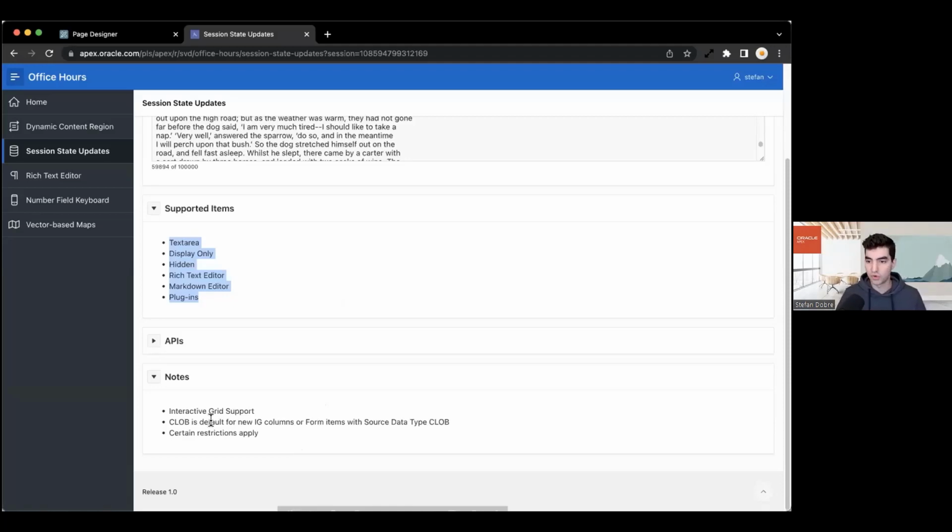For newly created interactive grids or form regions via either Page Designer or the Builder wizards, if we notice that a form or a column is of type CLOB, the respective page item will also now be defaulted to CLOB. So that's going forward. For this first iteration, again,